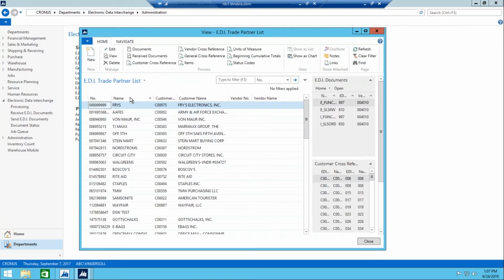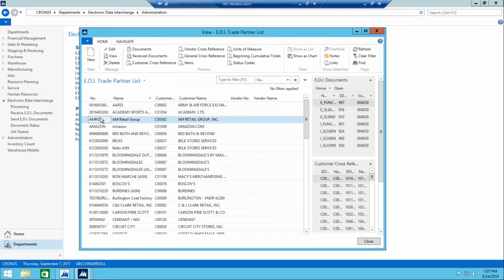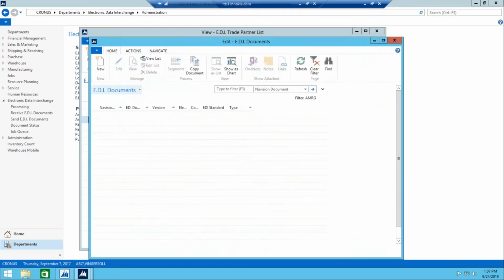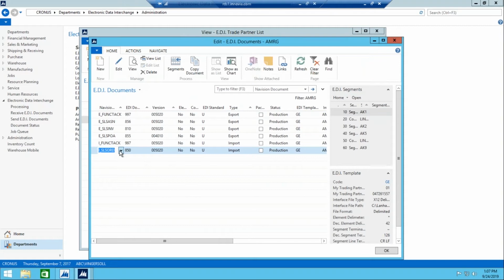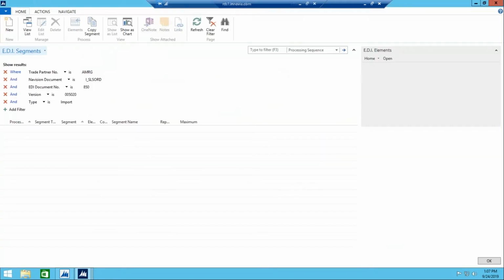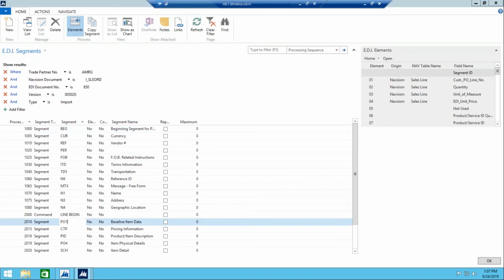Okay, we want AMRG. Sorry about that. I'm going to check the 850 for this trading partner. Go into segments, PO1 elements,